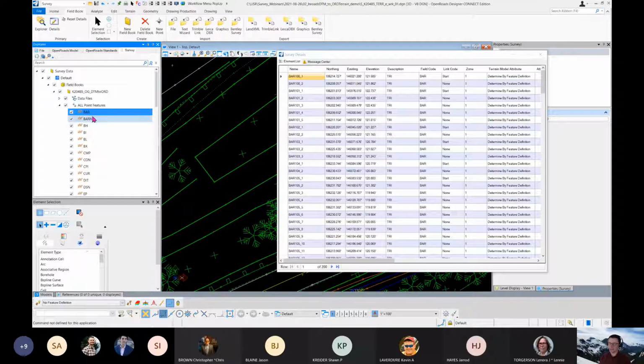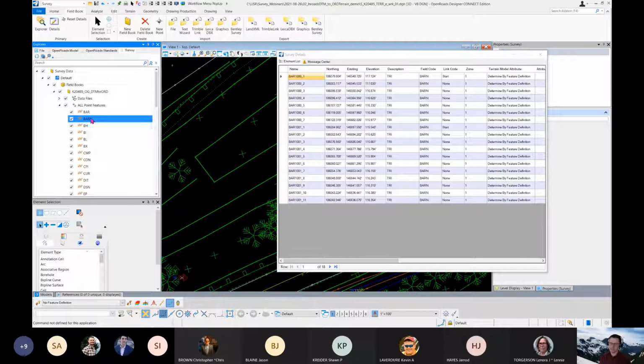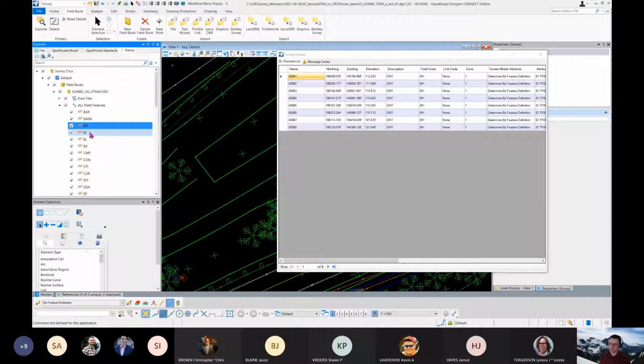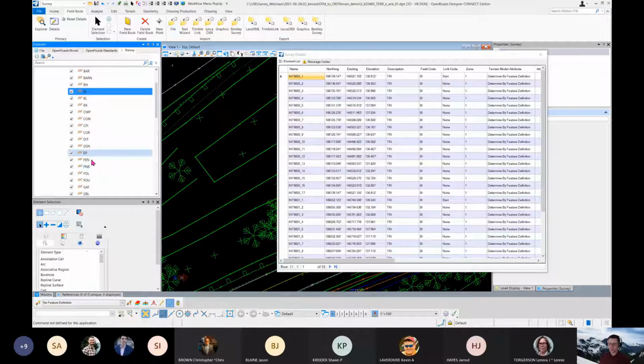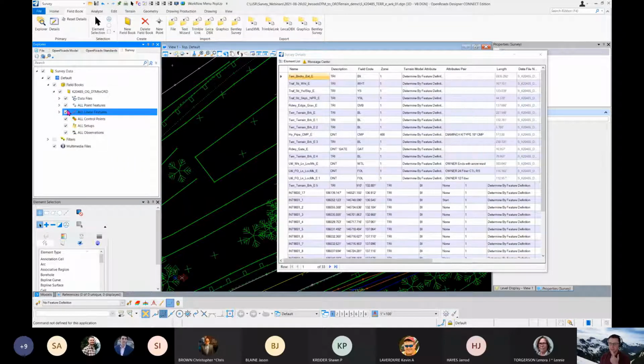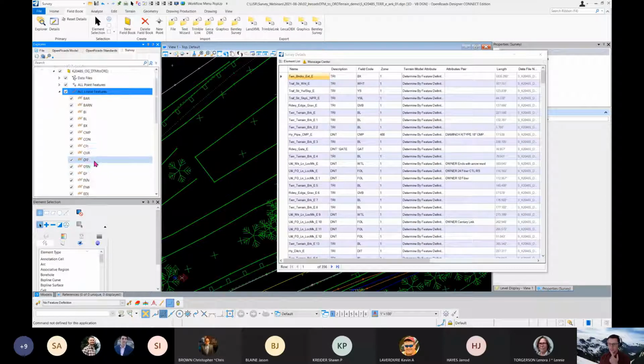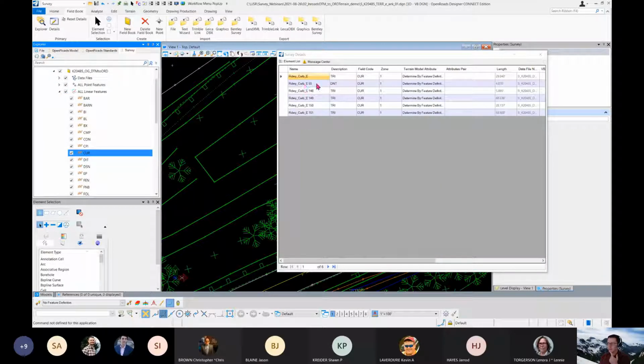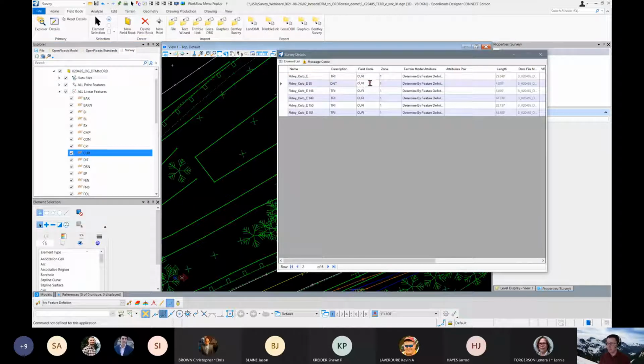So again, I could just go through barrier and barrier non-triangulated, which often get confused as well. I don't know if I mentioned that, but I could go through these, like a borehole. You don't want those to be triangulated typically. Go through these and do the same thing, modifying the field code. I think I had a curb in here, maybe. Let me go back to my linear features. I had a curb that for some reason was not triangulated. So we do have a field code for curb not triangulated,